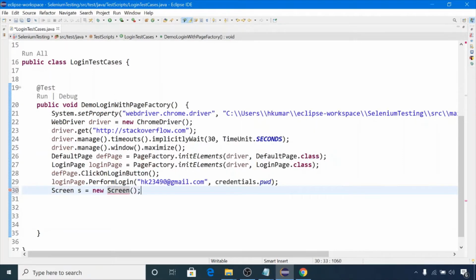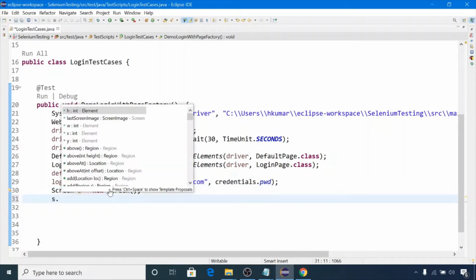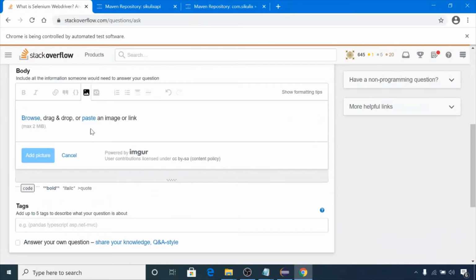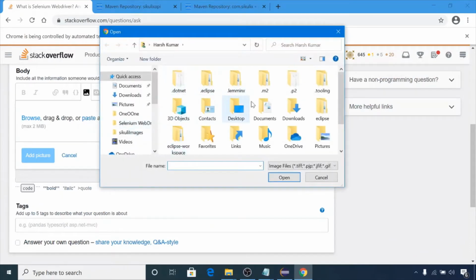Now this Screen class has various methods, like s dot click. Let's suppose I want to click on some window UI element, like Cancel or Open. Let me show you. In this Windows pop-up, I may want to click on this cross button, or on the Open or Cancel button, or on this icon or these links.